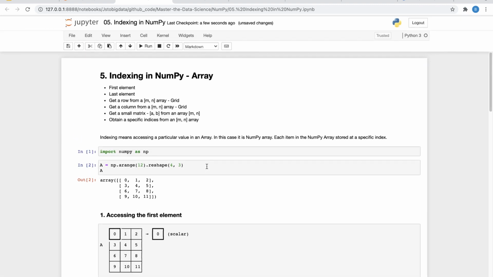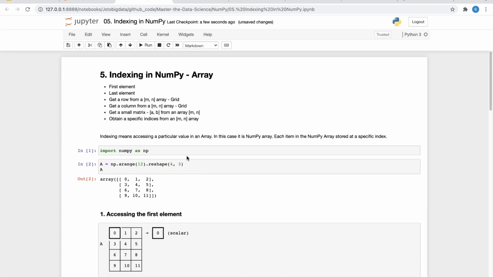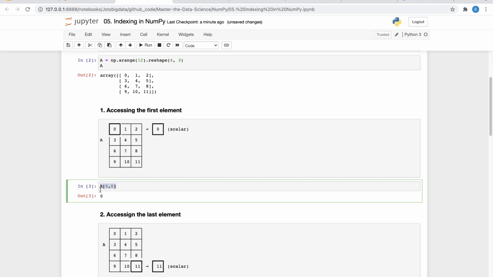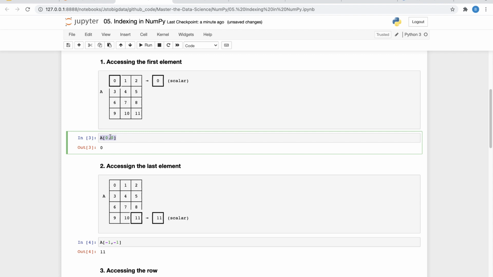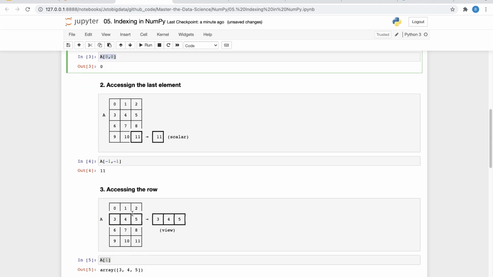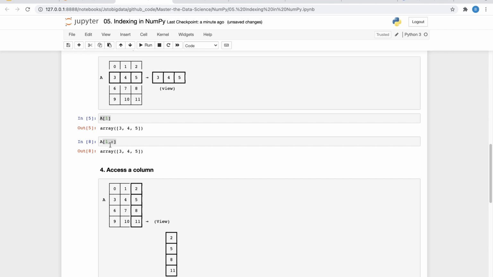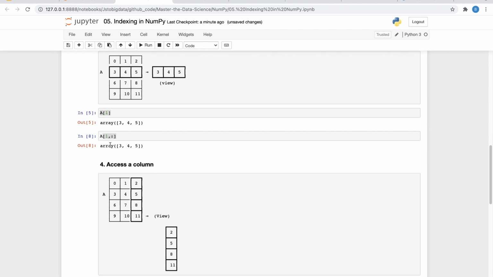So let's revisit what all we did. We tried to access elements in different ways. The first one, accessing the first element of a 2D array, is very simple. You can just use A[0,0], and then accessing the last one is also simple. You can use A[-1], or if you know the exact dimension, you can also specify the dimension comma dimension. And if you want to access a specific row, you can specify that row number, or you can also specify row number comma colon, so that all the columns come.